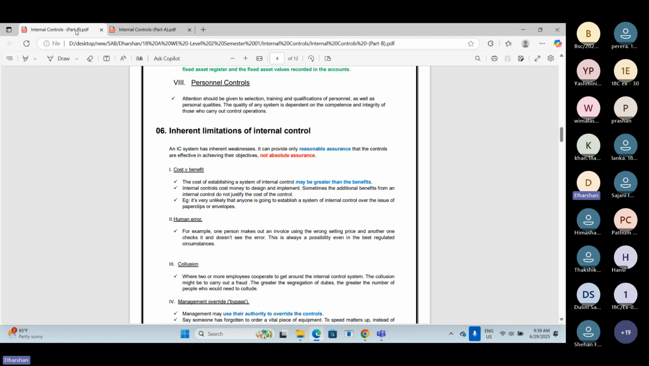Then let's say 3 processes like that. Out of 50, for 3 processes they did not implement the controls. So 47 processes they implement the controls, and 3 processes they did not implement the controls. This is the scenario. So in such a situation, are we in a position to give this company